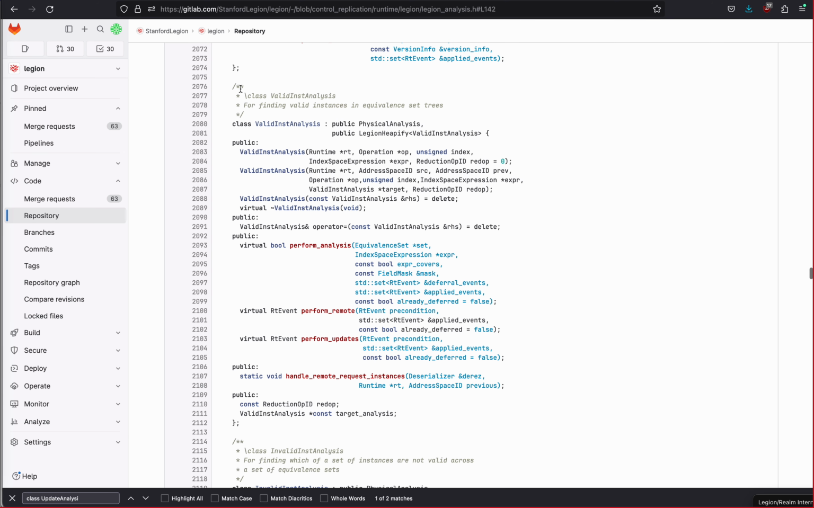So for example, here is this valid instance analysis, right? And you can see this actually inherits directly from this physical analysis. And what does this one do? Well, it finds the sets of valid instances in equivalent sets, right? And when do you want to do that? Well, if your mapper asked for the names of the valid instances in the current logical regions, right, as a sort of precondition for doing its mapper call, right? Well, then this is the valid instance analysis that actually gets used